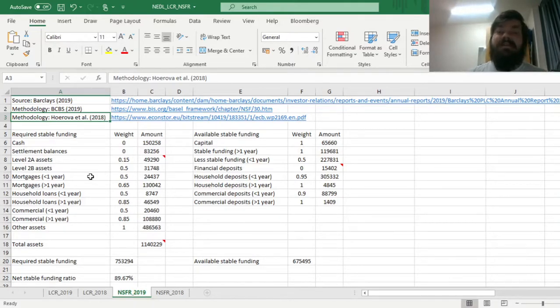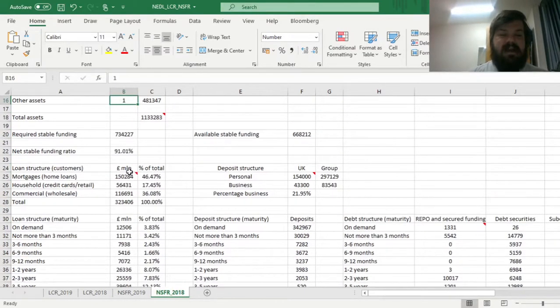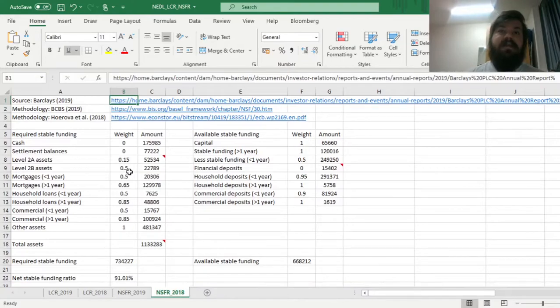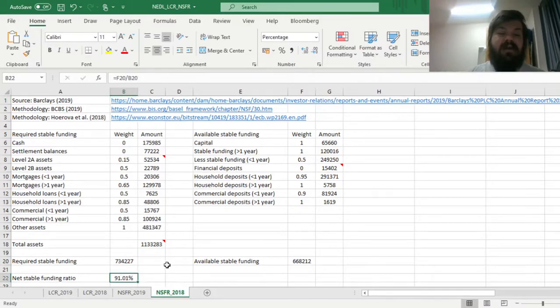And it's actually not that surprising because, well, Basel is not yet asking banks to comply with this regulation, and that's why banks do not generally. So it means that such regulation could be needed to push banks above 1 in terms of their net stable funding ratio. To draw some comparisons, we can also look at the estimation for 2018, where we do the same calculations for disclosure items from the Barclays 2018 annual report, and we also achieve a net stable funding ratio of less than 1. However, here it's around 91%,